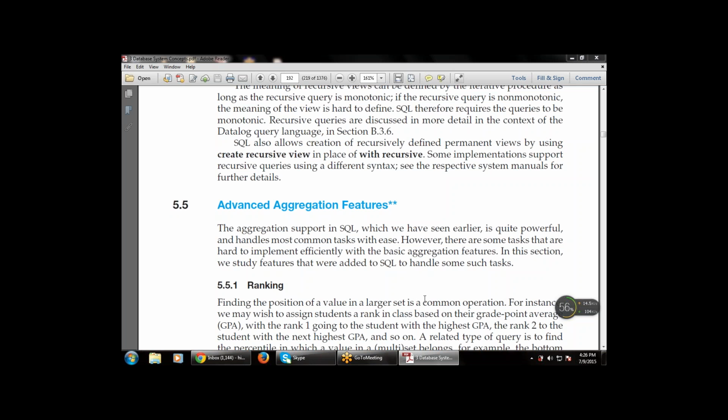So let's start with the previous class session, what we have covered in the last class. Then we move to chapter number 6. That is a new chapter, a new concept, and the new technology that is used. It is an important chapter, as most of the questions arise from this chapter. That is relational algebra.